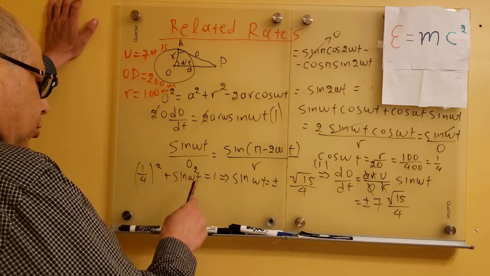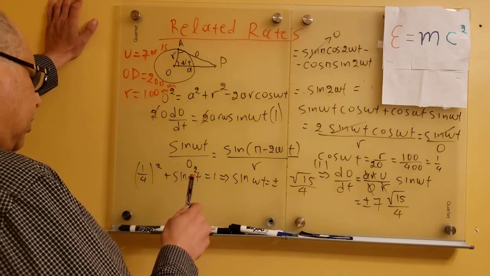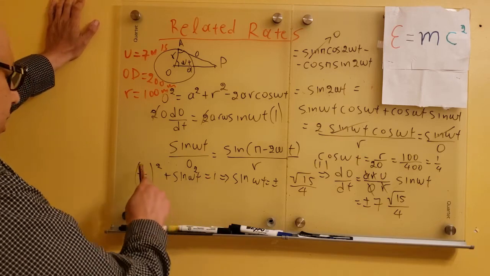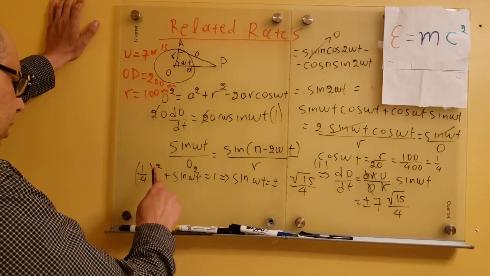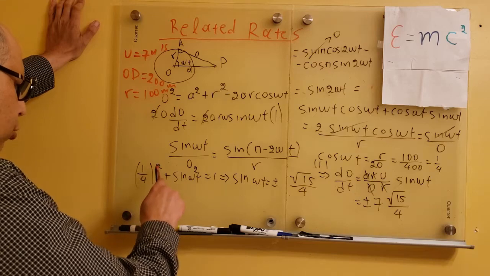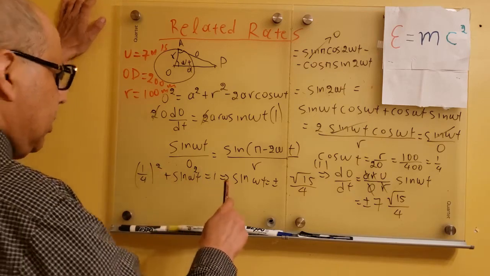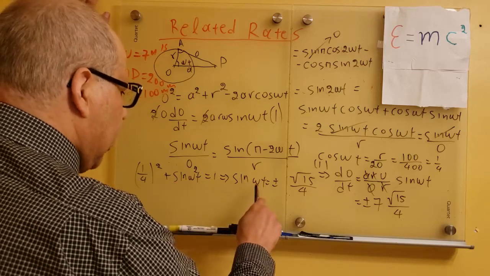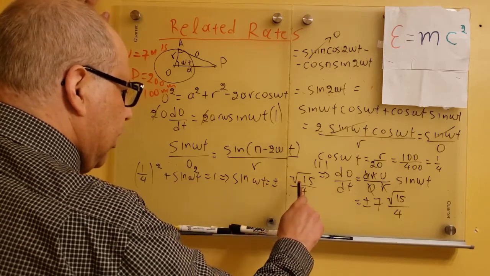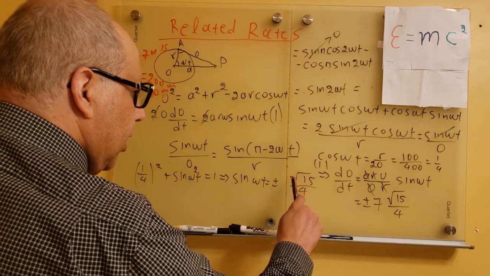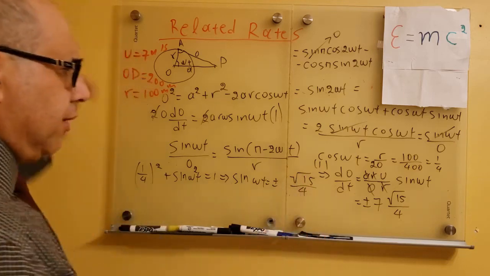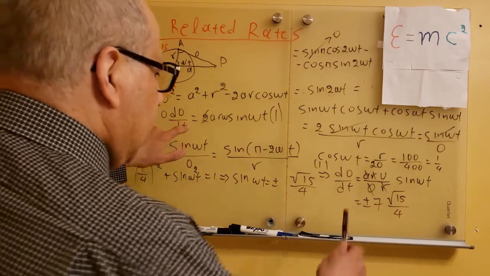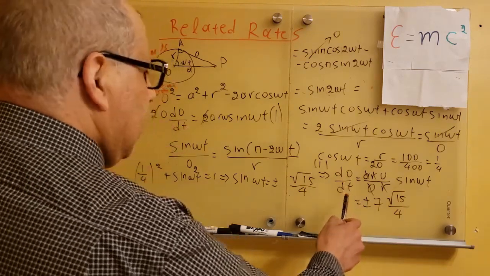Now we use the trigonometric identity sine squared plus cos squared is equal to 1. That means the cos squared of omega t is (1/4) squared plus the sine squared of omega t, which should be equal to 1. If you solve this for sine omega t, it will be equal to plus or minus the square root of 15 over 4. And now you go to this equation here, and we have that do over dt is equal to